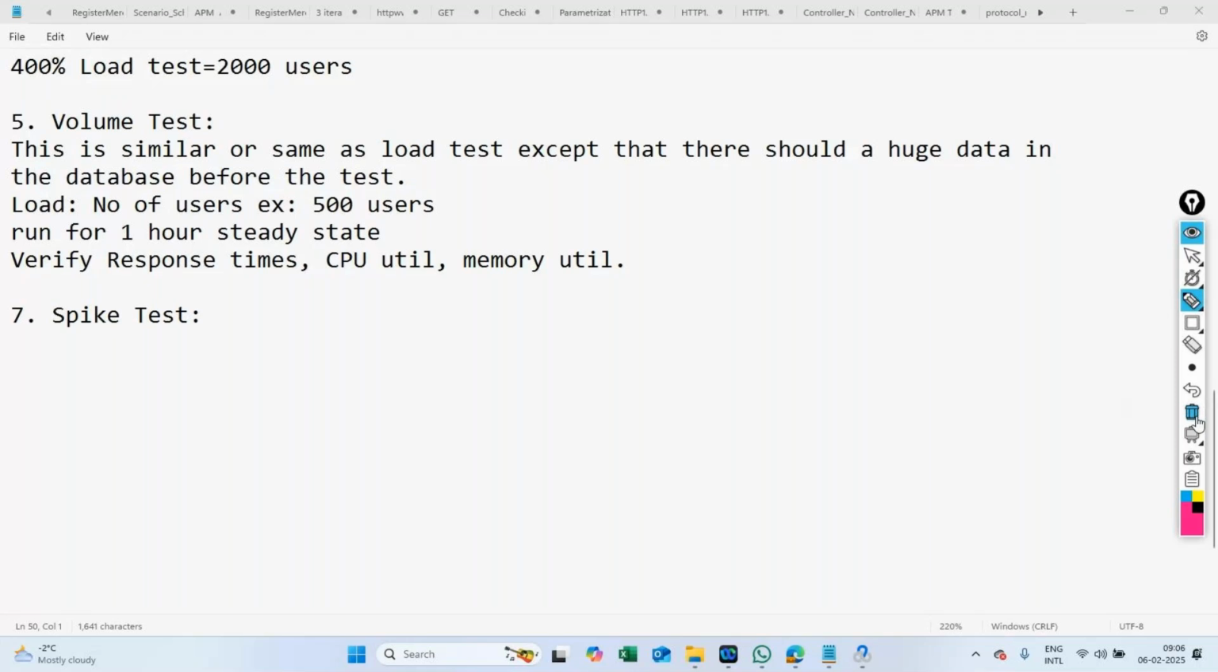You're not giving any breathing time to the server. So when you're not giving any breathing time to the server, how the server is handling the application, that is what we are going to test in the spike test. Okay, this is also rarely done, but good to have some information about it, like what we have discussed now. Okay, so